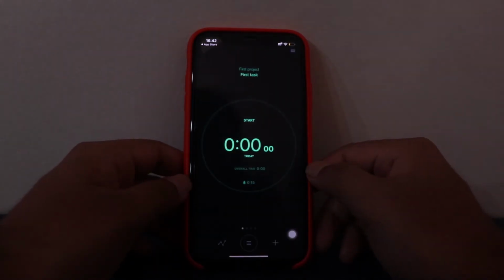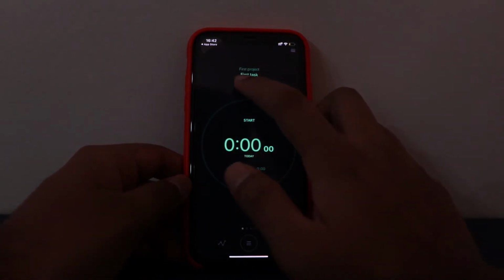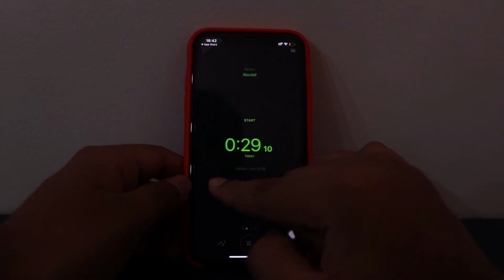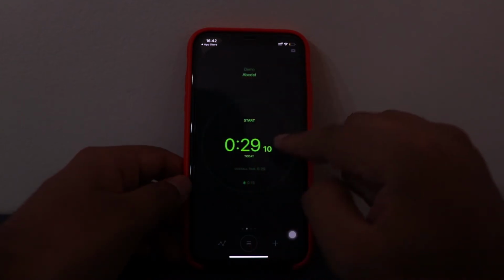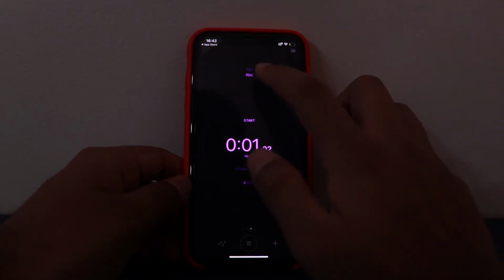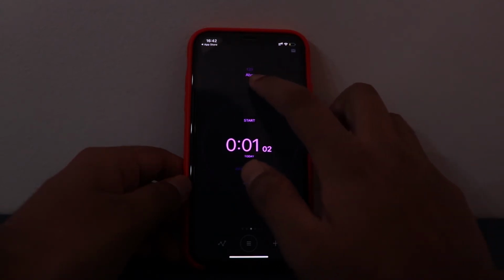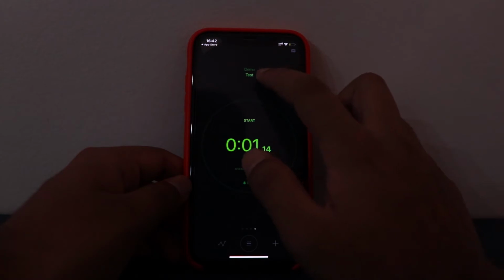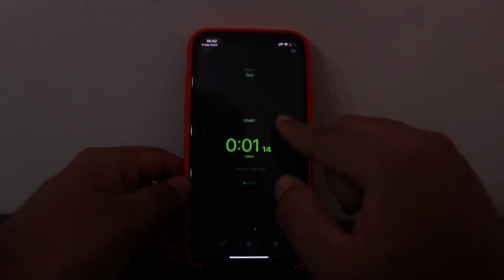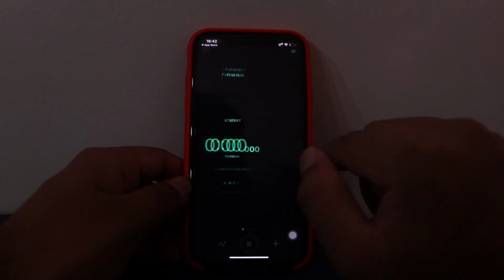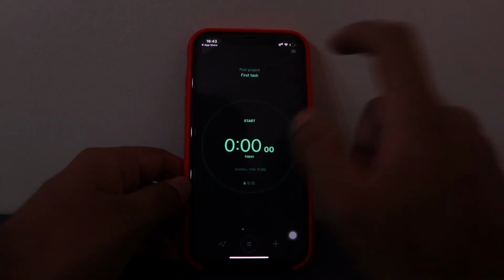Let's go to the timer screen. So here it is, first project, first task. Similarly you get it for demo and what I have created, the ABCDEF task. As you see, the project name is 123 and the task name is ABC, and similarly demo and test. This and this come under the same project, but there are 2 different tasks. Similarly this is first project and has 1 task.